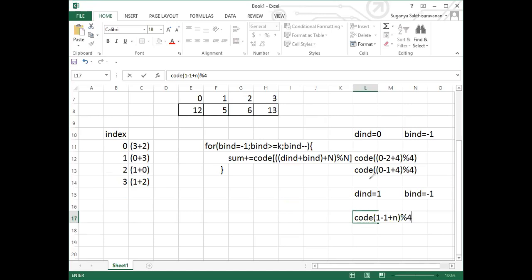So whenever you are doing this modulo operation by the given number, it will give a perfect circular iteration of the array. So here 1 minus 1 will be cancelled, and followed by 4 modulo by 4 will give you again the 0th index. This is achieved. For the second iteration, the 0th index is achieved, and for the next iteration, it goes in a cyclic way. So like 2, 1 minus 2 plus 4 modulo by 4. So you'll be getting the answer 3.